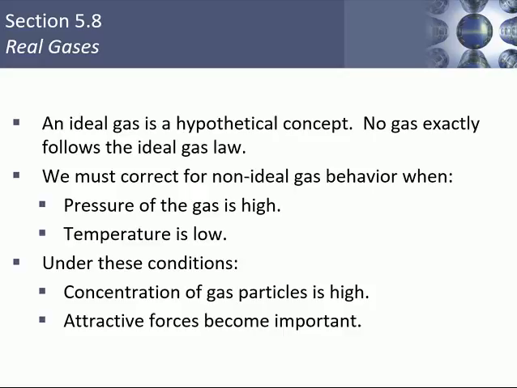Because when temperature is low, kinetic energy is low, meaning the velocity of the gas particle as it zooms around is low. When two gas particles are moving past each other at a very, very high speed, the attraction or repulsion force needed to actually change the direction or path of the gas particle has to be pretty high. There has to be a pretty big attraction or repulsion force to make those two particles change direction.